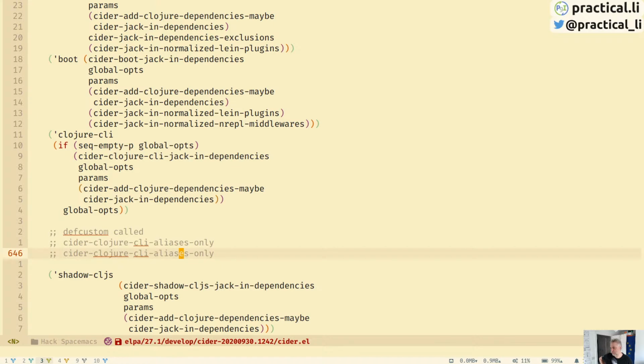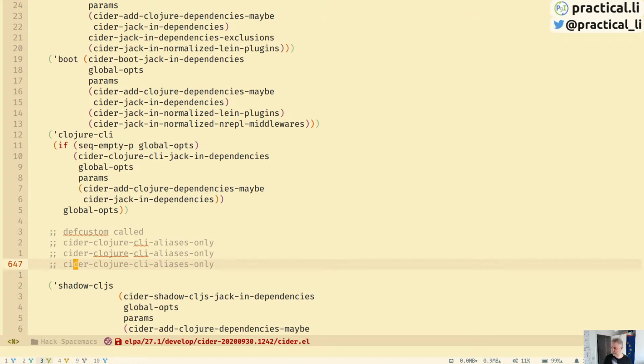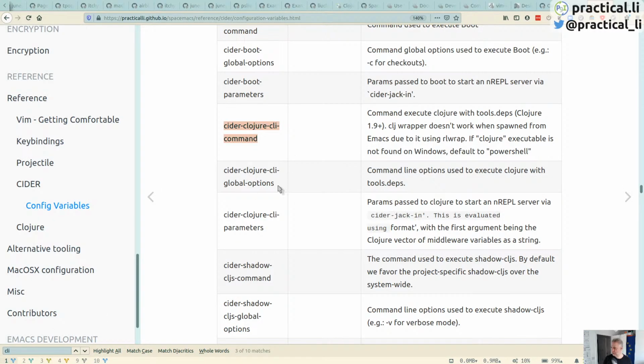Yeah, so if we include that with the slightly incorrectly titled, so if we have Clojure CLI aliases as a more correctly named version of the global options,